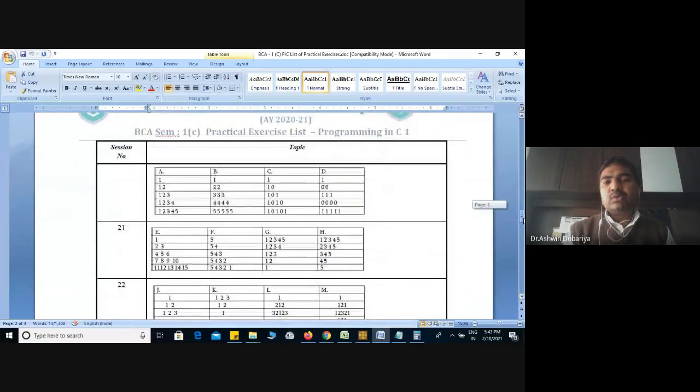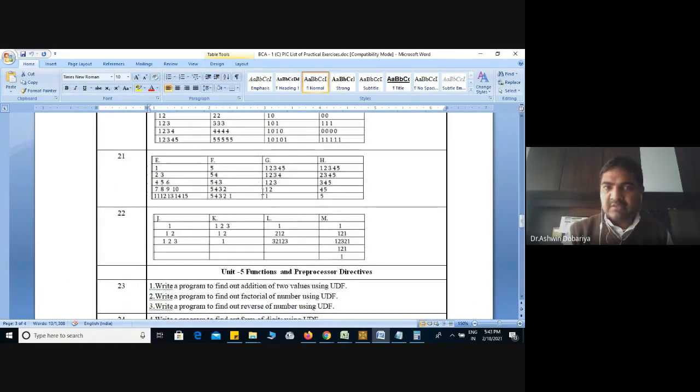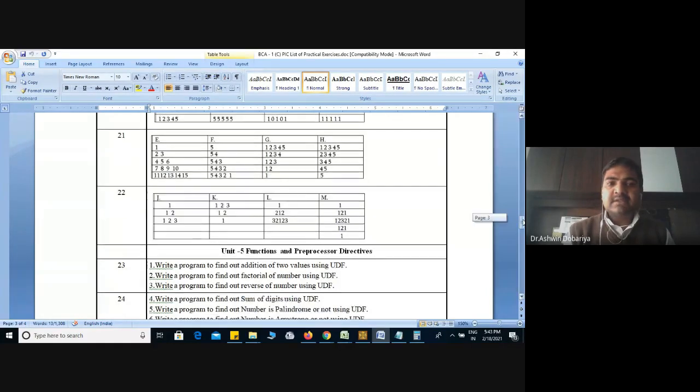Tomorrow, not tomorrow, but Saturday we have one lab, and if possible, I will take one extra lab. Here it takes only a few minutes, right? This is a very easy program. The triangle program we'll discuss, and these UDF functions.